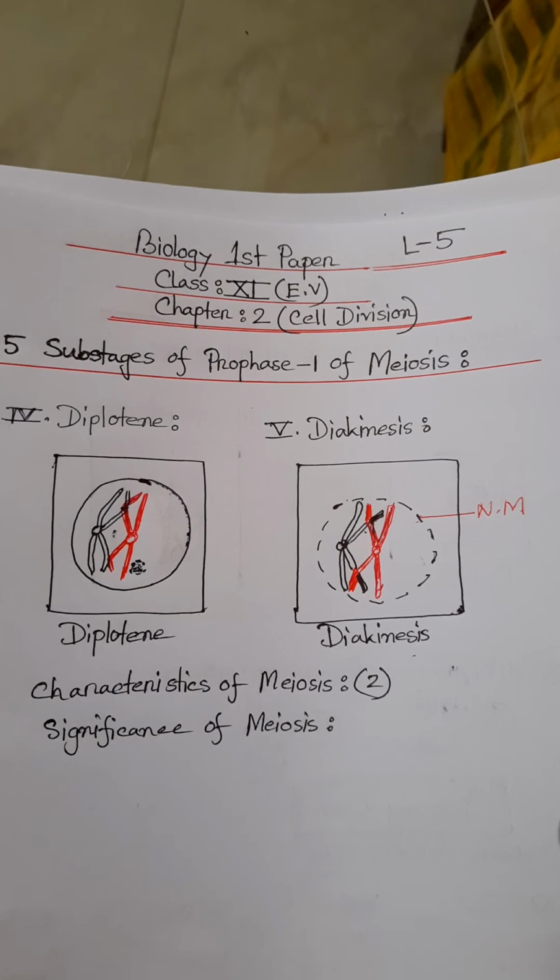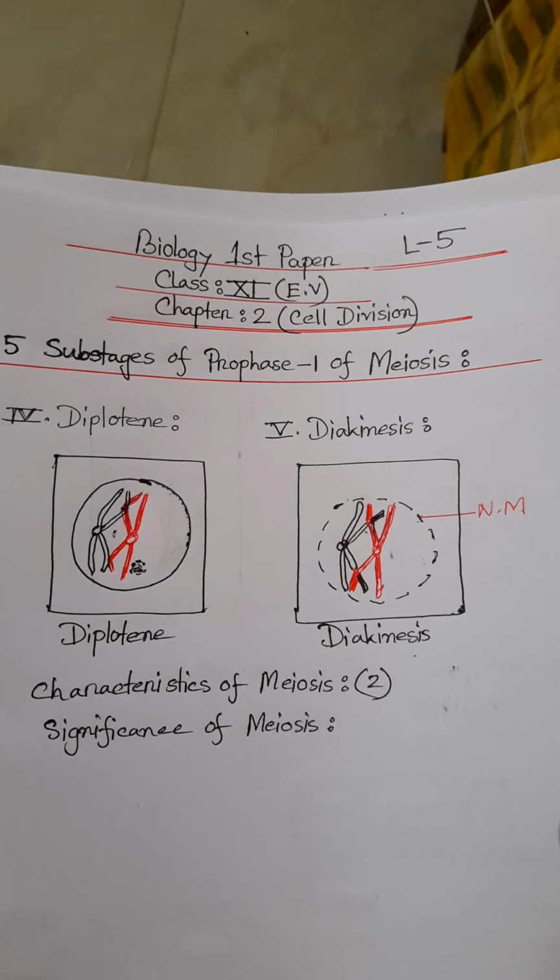Number 2, maintenance of chromosome number. It is possible to maintain a constant chromosome number due to the process of meiosis. If there was no meiotic cell division in the haploid plant zygote and in the diploid plant gamete mother cell, the number of chromosomes would increase to twice, 4 times, 8 times in successive generations. This would have caused a radical change in the living world, resulting in a total destruction of living beings.